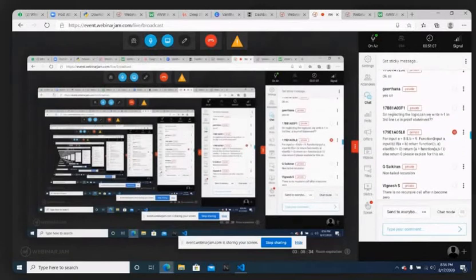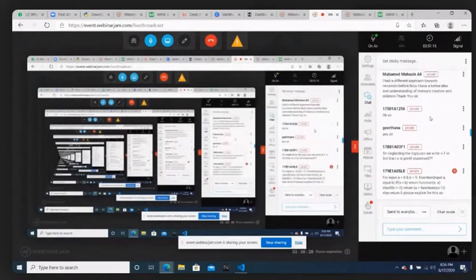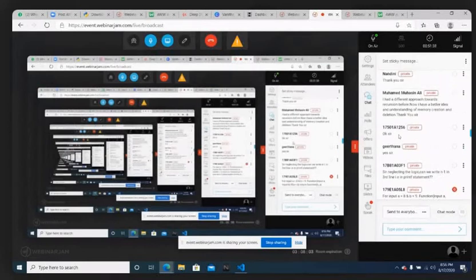Okay, so neglecting the logic, can we write n minus 1 in the third line, that is in the print statement? So that is what you're asking. Yeah, you can print anything. It's not n only. I'm just printing n here to make you understand the logic. You can print n minus 1. You can also print some other value. No issues with that.